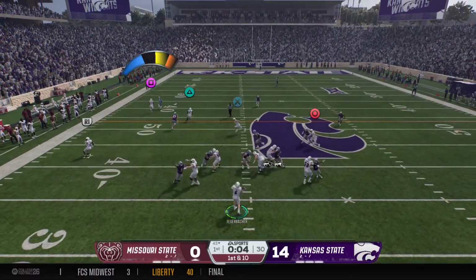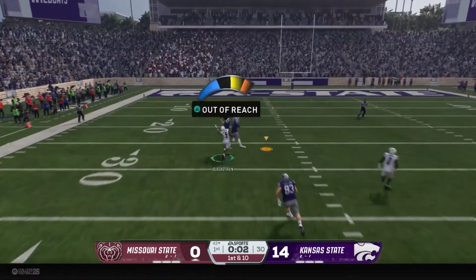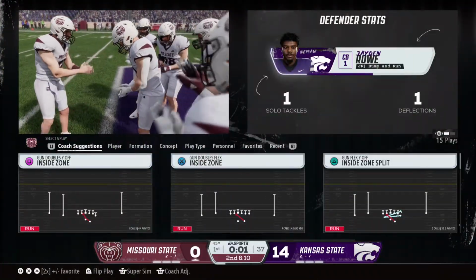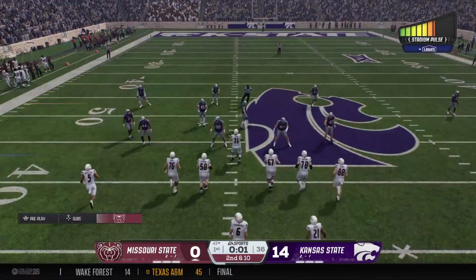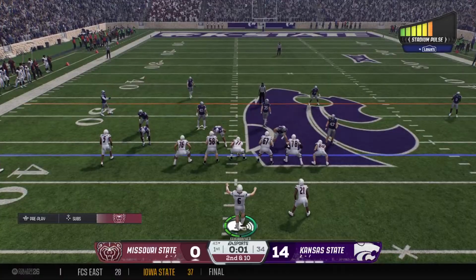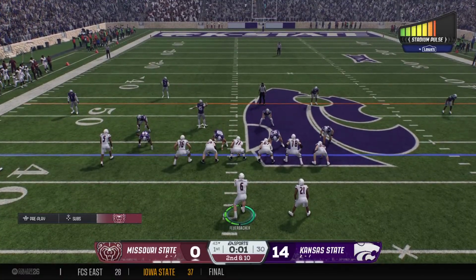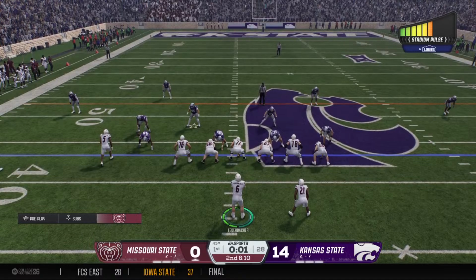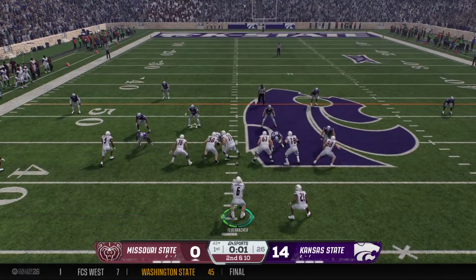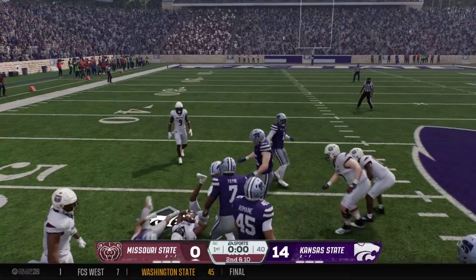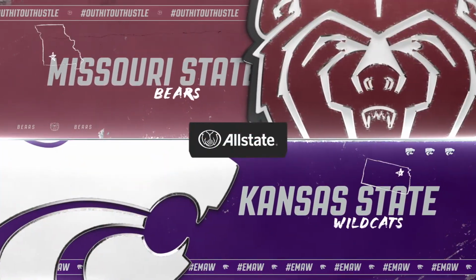Wants to go up top on first down. Going deep. And the DB making a huge play, knocking it away downfield. Looked to me on that deep ball like he was forcing it a little bit. You got to be careful as a quarterback. You're not trying to outduel the other guy who just threw a touchdown pass. You're just trying to win the game. So just execute the plays. The ball goes to who it's designed to go to. If that means you got to turn around and hand it off, then that's what you got to do. But I think on that last deep ball, QB forcing it a little bit.